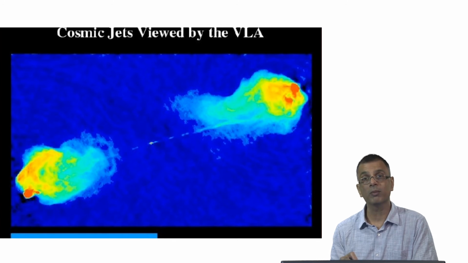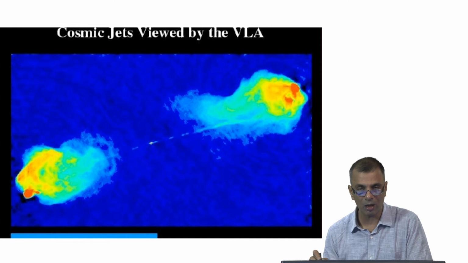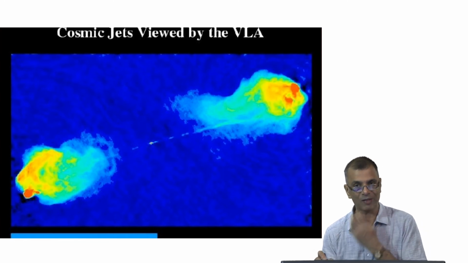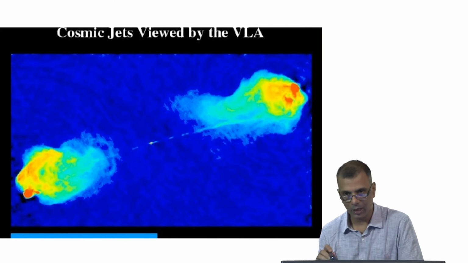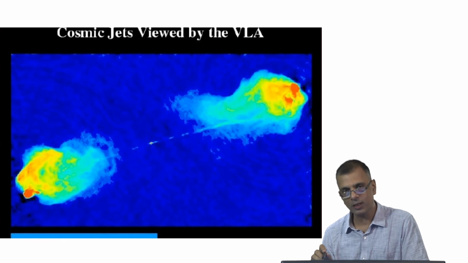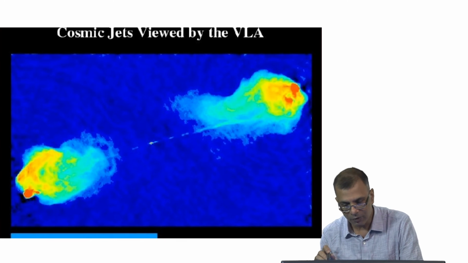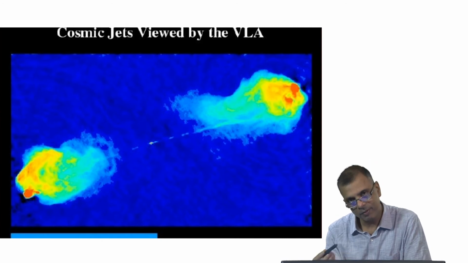Although I must say that what you're really seeing is radiation and not the gas or the plasma itself. What you're really seeing are photons, in particular, radio photons. So this is something to be kept in mind. However, we will take the radiation to be a proxy for the matter. After all, if the matter here was not denser than the surroundings, it would not appear brighter,